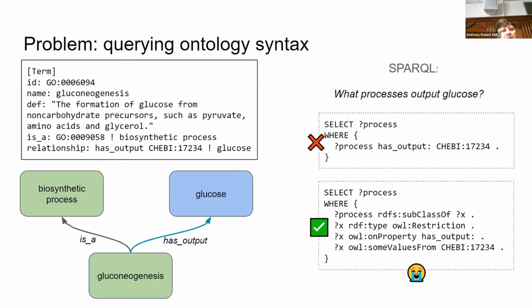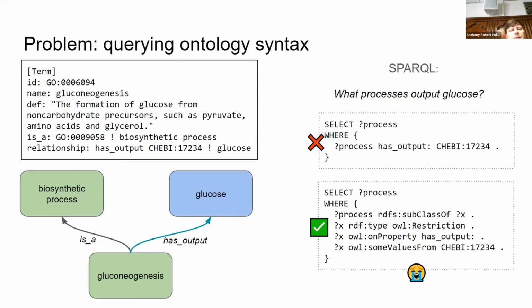To dig into what these problems look like, a lot of people might be familiar with OBO file syntax. On the top left, you have this term glucose synthesis that has the name gluconeogenesis. You can see it is a biosynthetic process, and it has a relationship has output of glucose. A lot of folks look at this and think of it in this directed graph view down in the bottom left. Rob also yesterday mentioned DAG-Edit, which I was also thinking about mentioning: that's how a lot of the ontology editing started, working just with directed graphs.